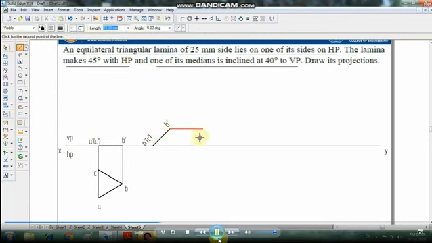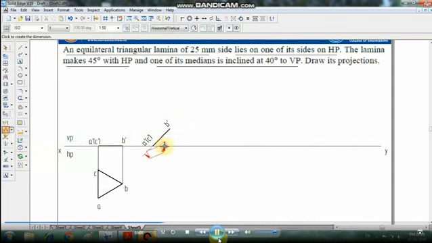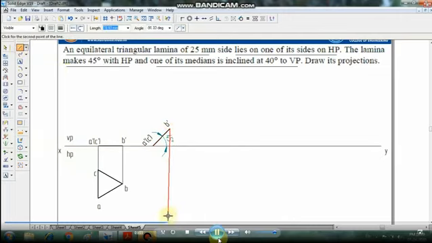With the help of the line command again draw the projector lines downwards from A dash, C dash, and from this top view A to A dash, B to B dash, C to C dash.